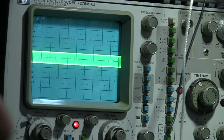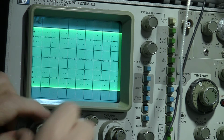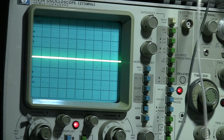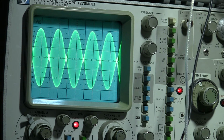Okay, so 100 watts. Quickly bring that up. So that's 100 watts, and it's not quite filling the screen. Okay, we'll go to tune. Transmit. Let's put some audio in, shall we? Like that. Bring up the mic gain, and we know that's compressing now, so round about there is 100 watts